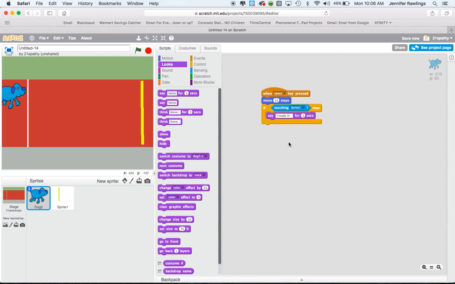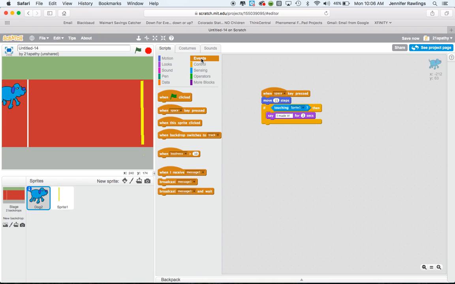And I'm going to add another script down here so that when I click on the green flag, it makes my sprite go back to the beginning. So let's go to events, choose when the green flag is clicked. I want it to go to a certain place on the X and Y axis, which is this place right here. So if we go to motion